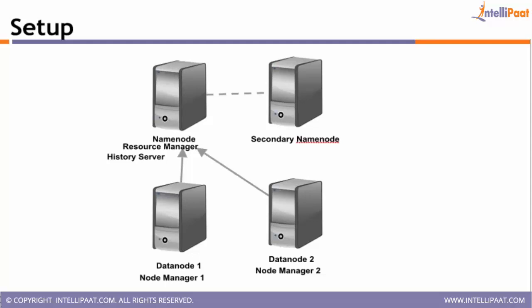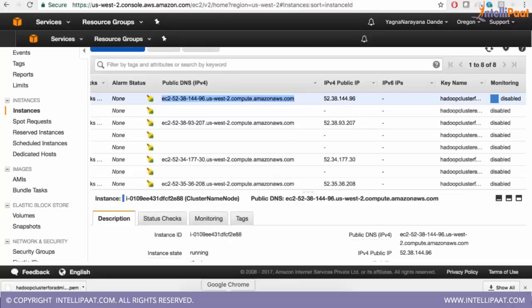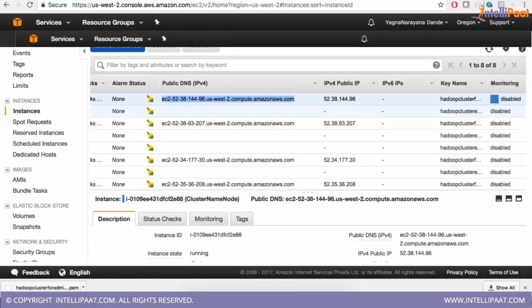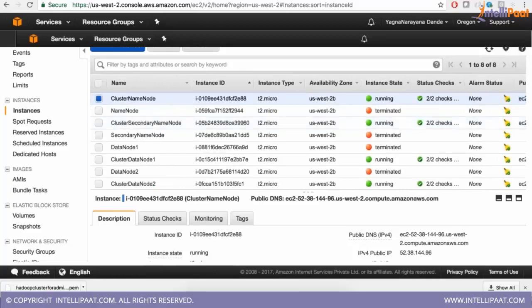Hey Yash, this is Rajat. Hi. Yash, can you go back to the Amazon Web Services? Can you scroll left to the most? Here actually there are 8 instances, right?